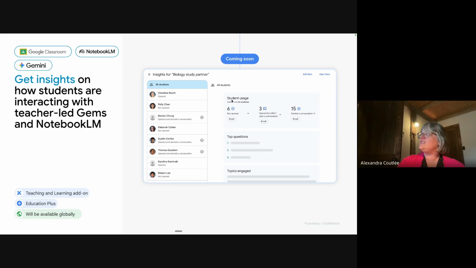It will actually let you know how many students opened it, how many students opened it but did not start a conversation. But what I really like is that you can navigate from student to student and actually see the conversations they had. But like I told you, 180 students, I don't think I'm going to click on every single conversation. What I love is you have a dashboard that will automatically summarize the info for you. So it will tell you what were the top questions. It will tell you where, for example, NotebookLM had a tough time answering a question from a student, and it will tell you which one so that you can click on it.